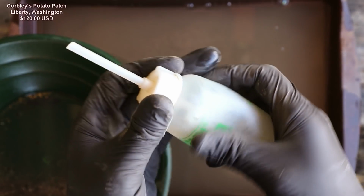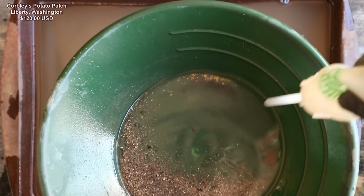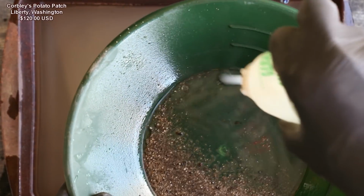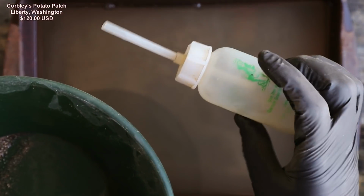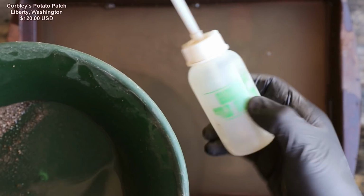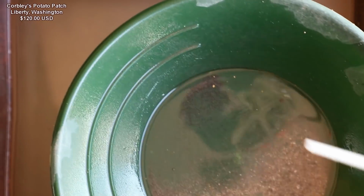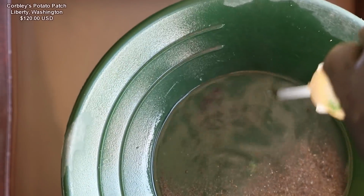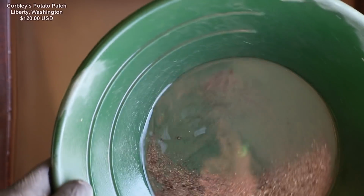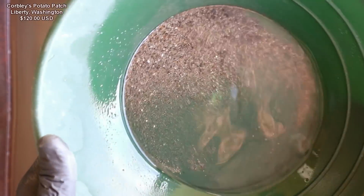Pretty nice. Alright, this little tool is called the snuffer bottle. It sucks up the gold. So instead of trying to pick it out with your fingers, it's got a snuffer bottle. You gotta have one of these. I've already forgotten my snuffer bottle on prospecting trips, and it just makes for a bad time, so don't forget your snuffer bottle. On the first 3 spoonfuls of this pay dirt, usually when I pan it back, I get probably 90% of the gold, but in this stuff, I missed quite a bit, and there were bigger flakes too. Maybe I'm just being too hasty with my back panning here, but